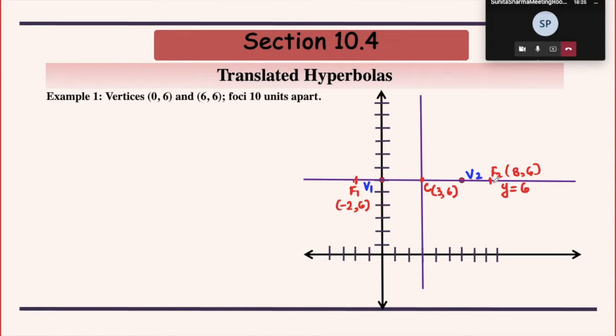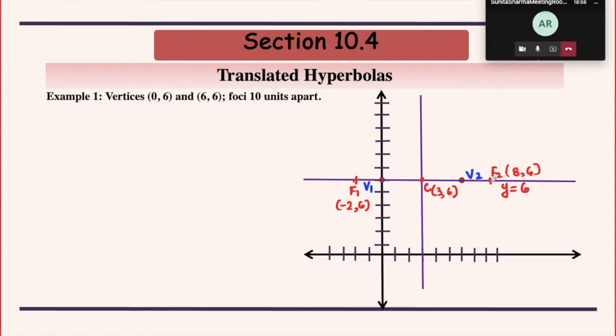Okay, what else do we know for this hyperbola? Can we find out the value of b? Yes, what is it, or how do you find this? Ma'am, we know that a is 3 and c is 5, so b would be 4. Okay, so we can use the relation between a, b, c, and we can find the value of b.